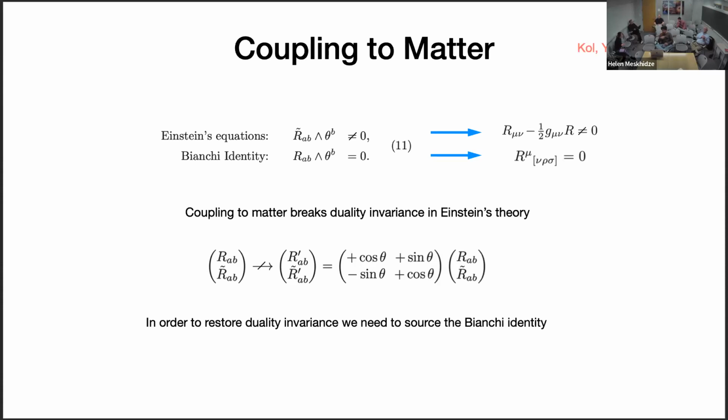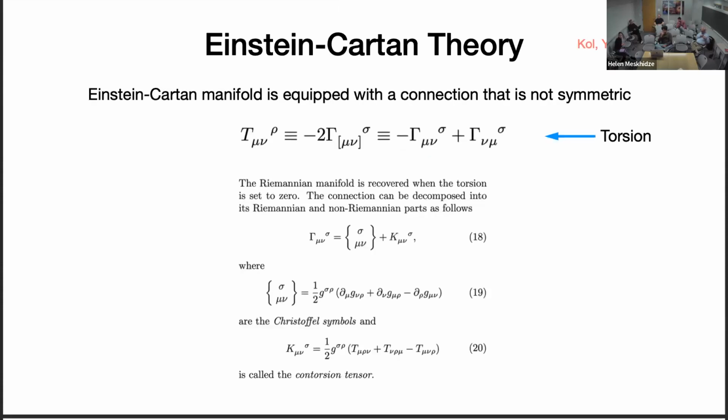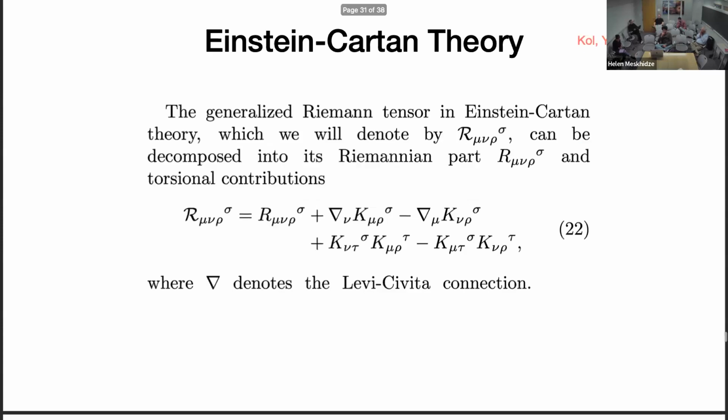And that's part of the motivation for this, to understand how to solve our math. But anyway, let me try to wrap up. So this is the torsion. There's also something called a contortion tensor. It's the addition to the connection, in addition to the Christoffel symbols. It's a function of the torsion tensor.